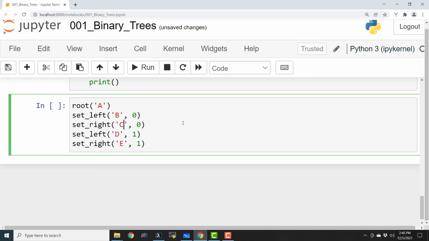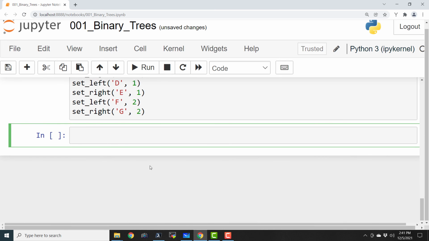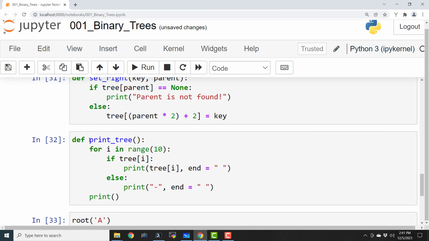Okay, so now we have a tree where A is the root, B is the left child, C is the right child of that particular node A, and B's left child is going to be D and B's right child is going to be E. And let us say F and G, which are the left and right children of node C. So I'm going to say 2 and 2, and let's execute it, and let us call this print tree.